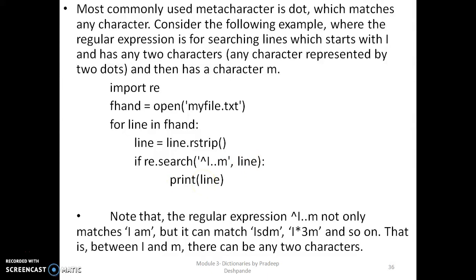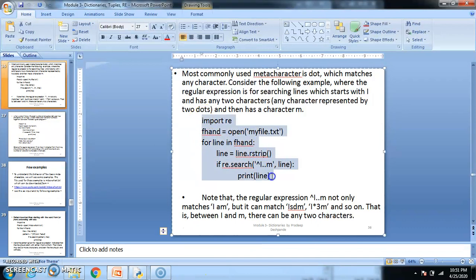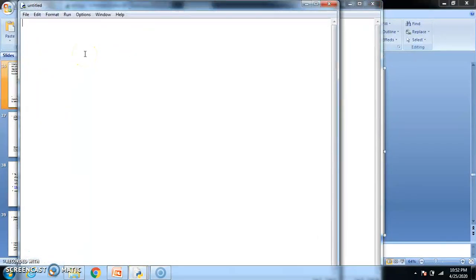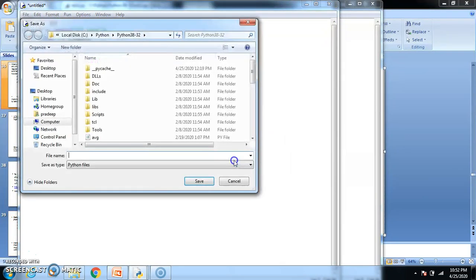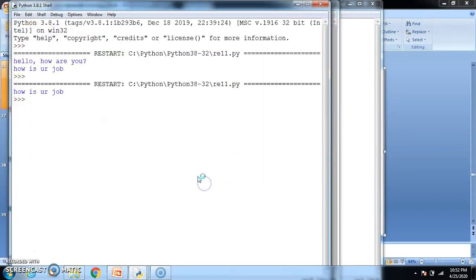Let us try to execute this example. You can see nothing is displayed here.